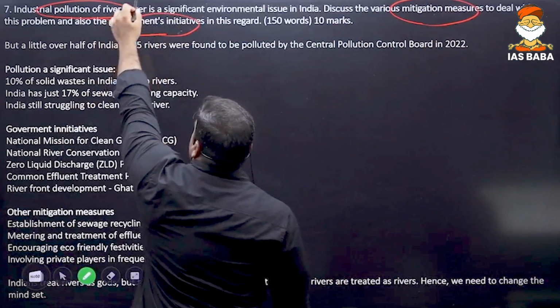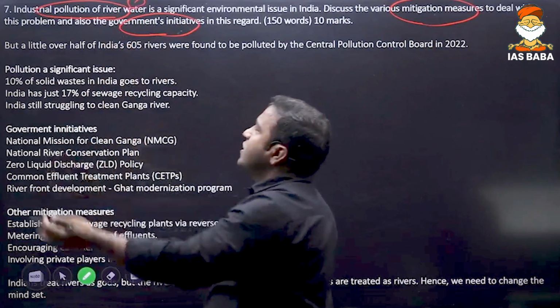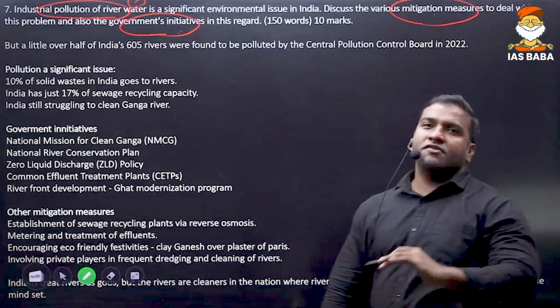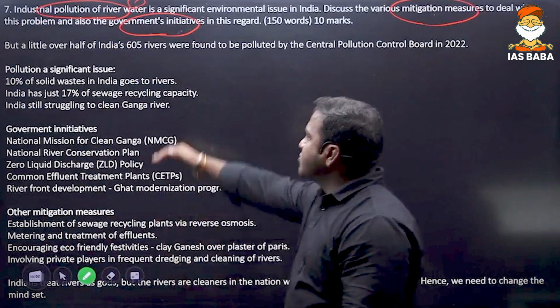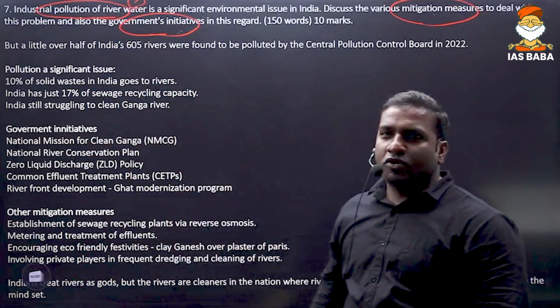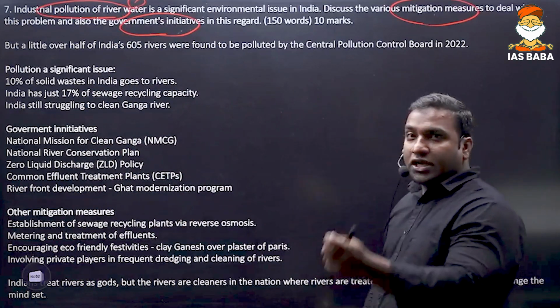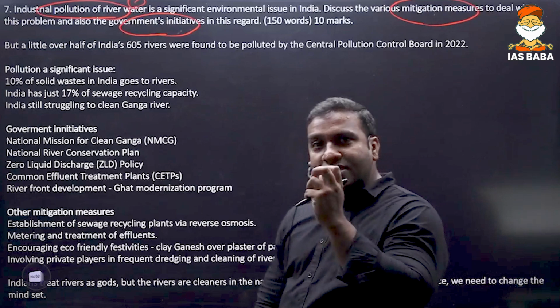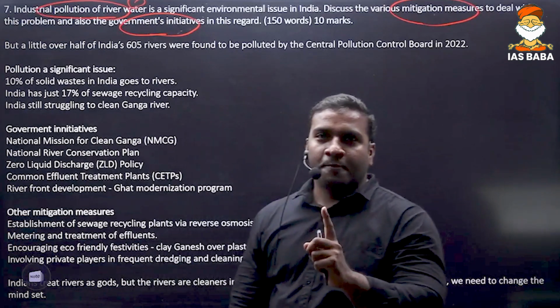Third demand. So first, you will say how industrial pollution of rivers is a significant environmental issue. So here comes your statistics part. थोड़ा statistics लिखना है कि how industries are polluting the rivers. Yes, and it is also necessary that you will answer the assertion भी answer करना है कि say for example